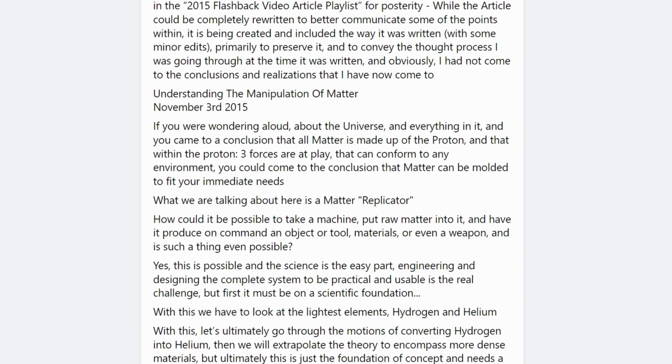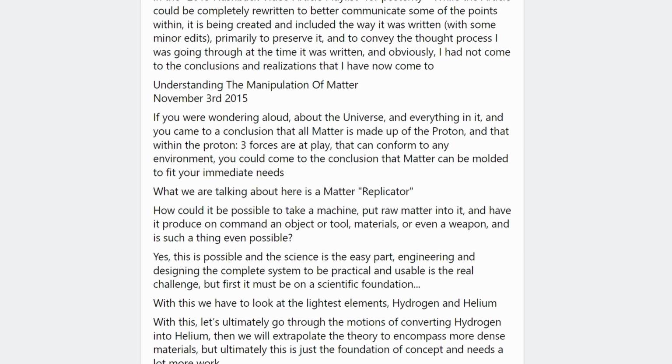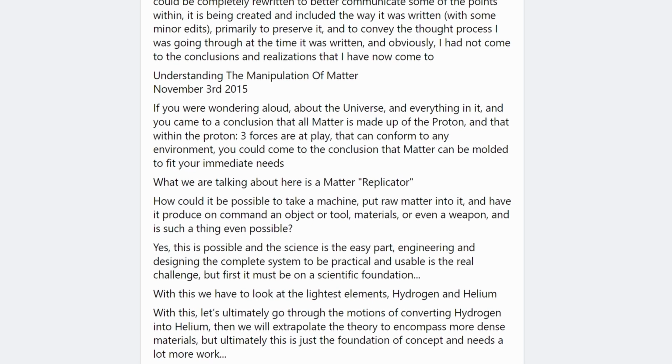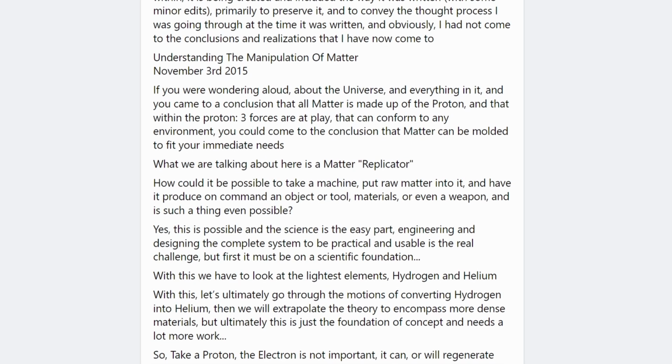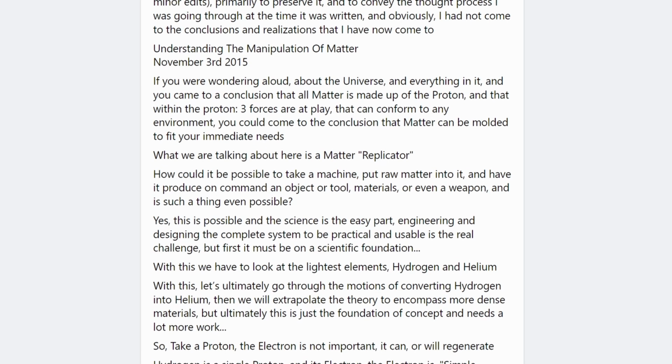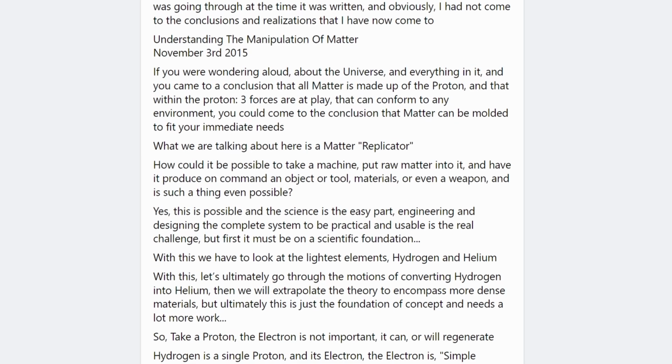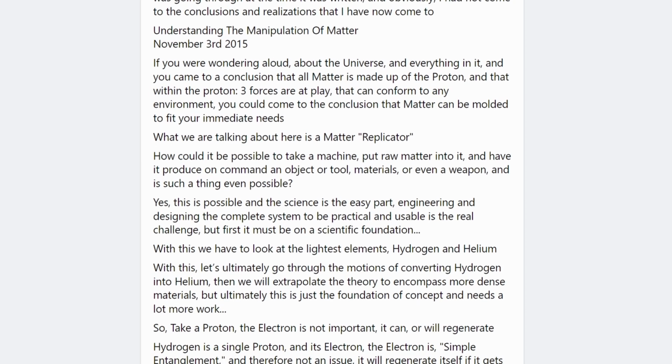How could it be possible to take a machine, put raw matter into it, and have it produce on command an object or tool, materials, or even a weapon, and is such a thing even possible? Yes, this is possible, and the science is the easy part. Engineering and designing the complete system to be practical and usable is the real challenge, but first it must be